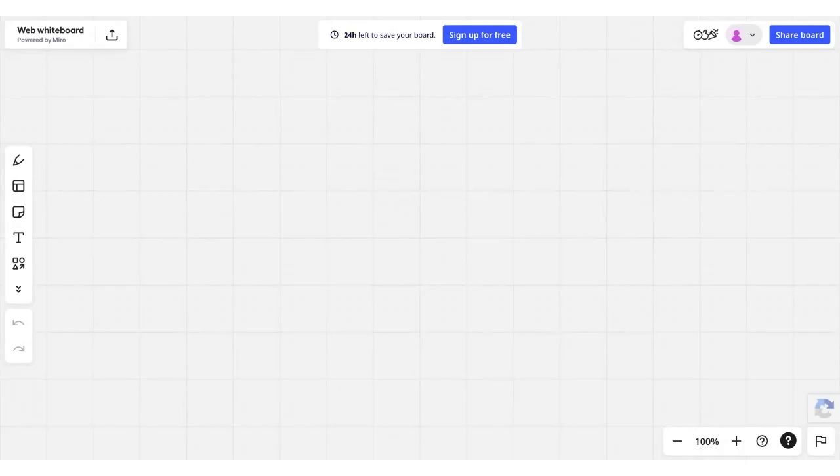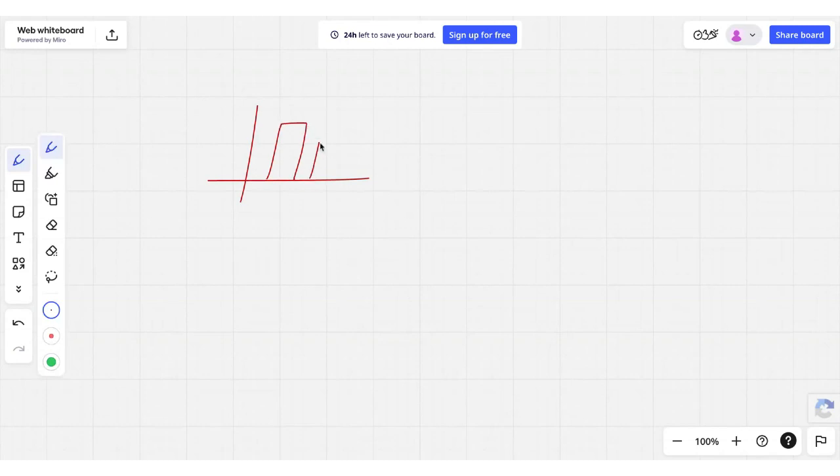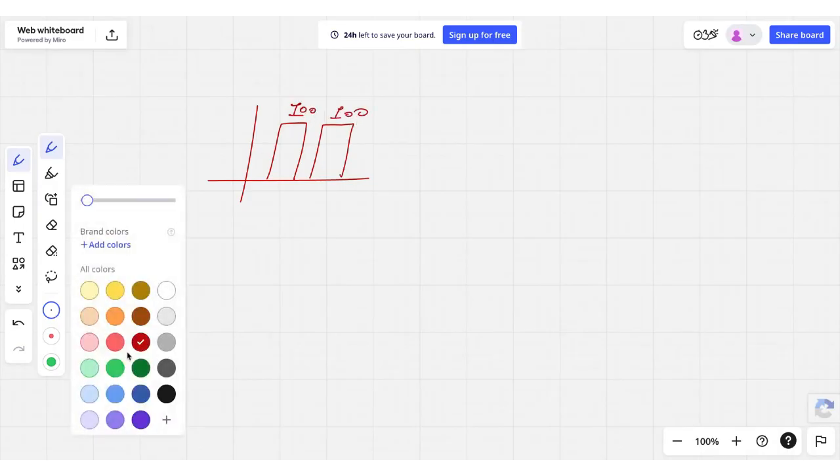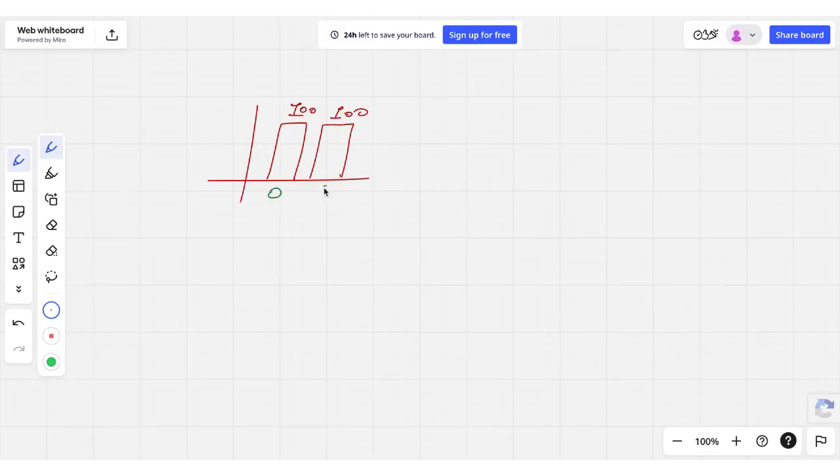Let's see something like this. If you have the same number of observations, let's say 100 observations and 100 observations, class 0 and class 1, we call this balanced.